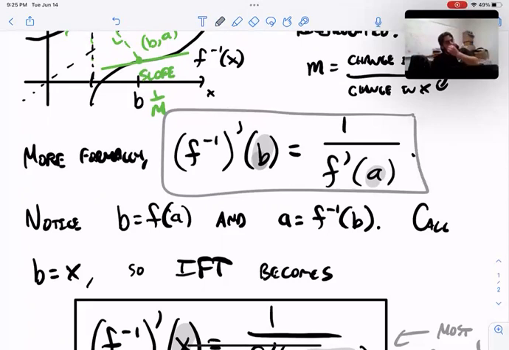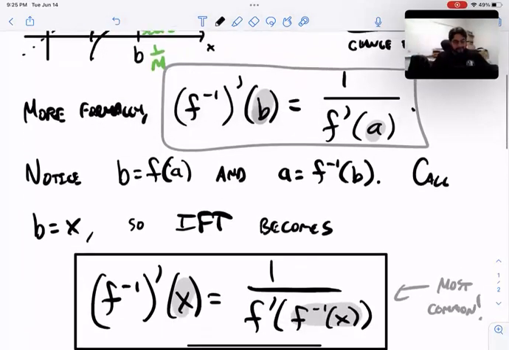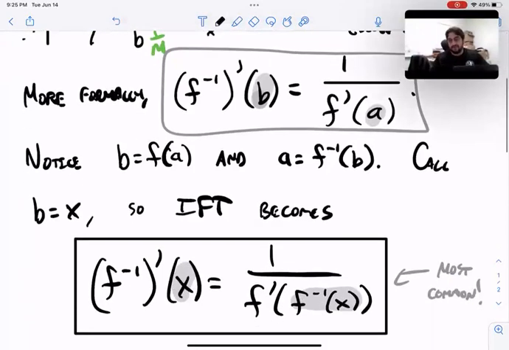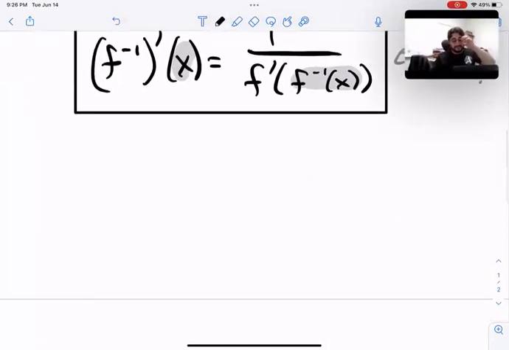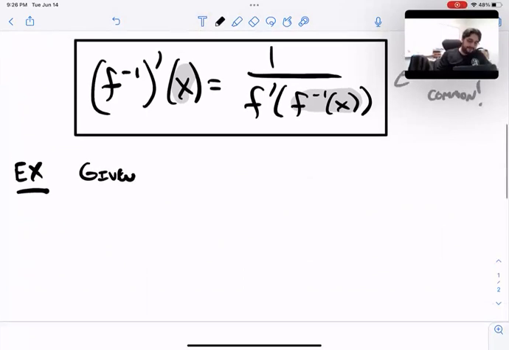So it kind of depends on what information is given. So let's look at this in an example. So here I have kind of a general informal statement, then a slightly more formal statement of it. Let's look at this in a few examples. So here's one nice example of the inverse function theorem. Here's a nice short example, given that